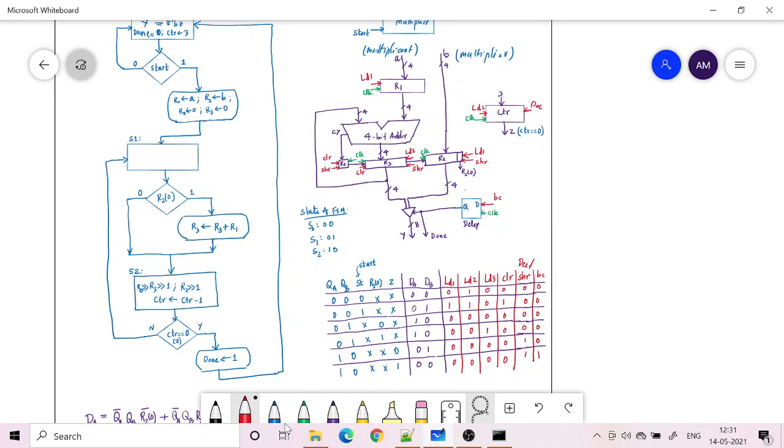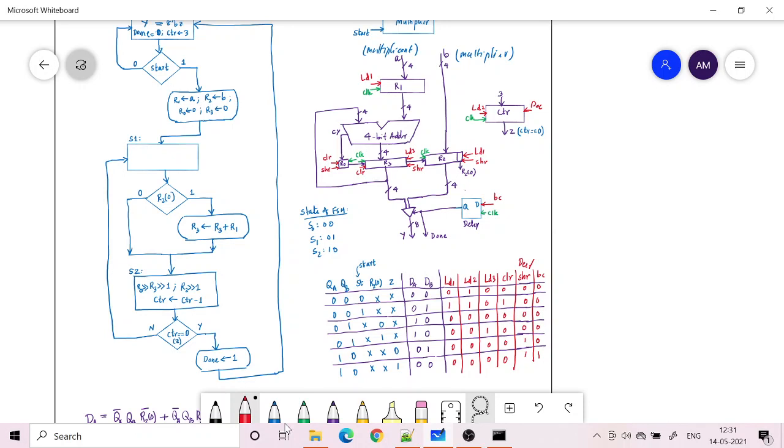And then BC is basically the time at which I should display the output. So the output should come by enabling the tri-state buffer when BC becomes 1, but BC I am not directly connecting because, as I told you earlier, if I directly give it, my previous state will be displayed, which I do not want.